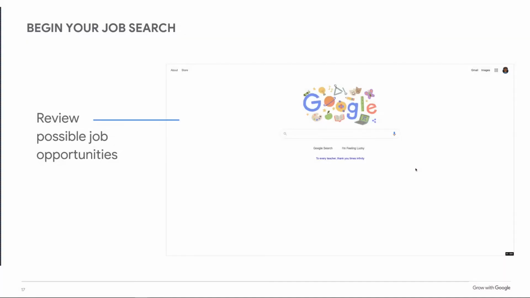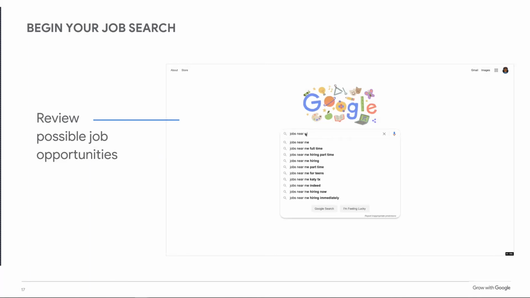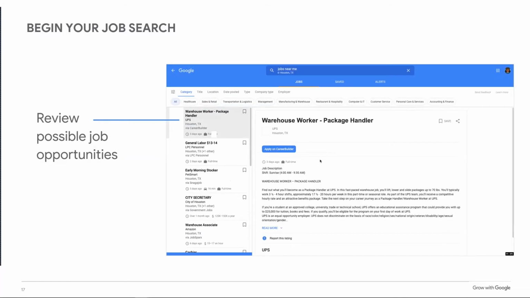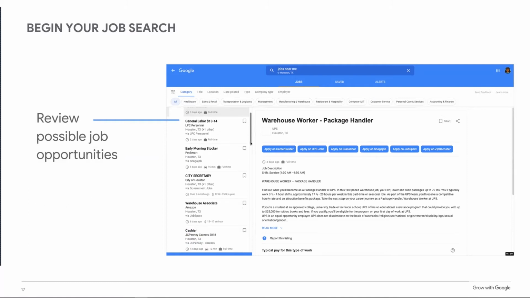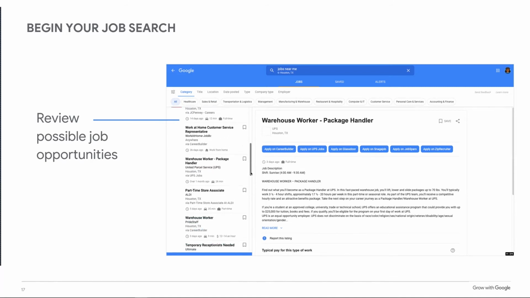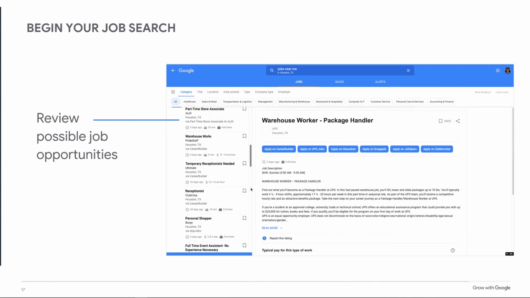Okay, so if we want to review job possibilities that are near us, as we type in a specific job near us, but we want to filter that down into a specific category, then we can click one of those top menus, but also we can review the jobs on the side. And when you click on it, it'll bring up the job posting on the right-hand side of your screen as it's shown in the screen in front of you.